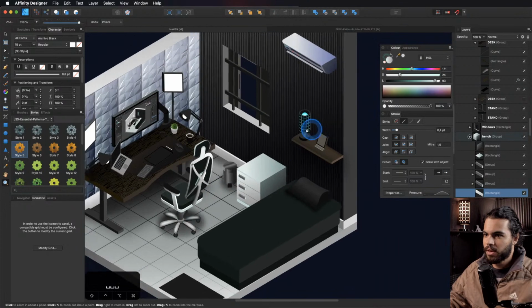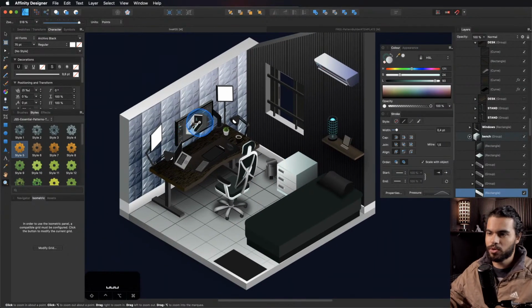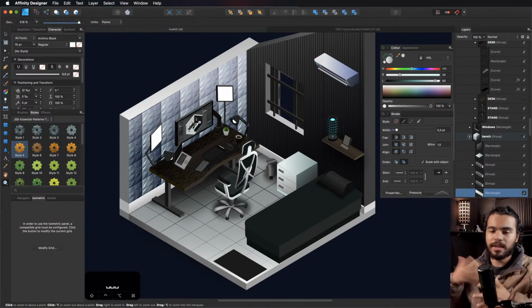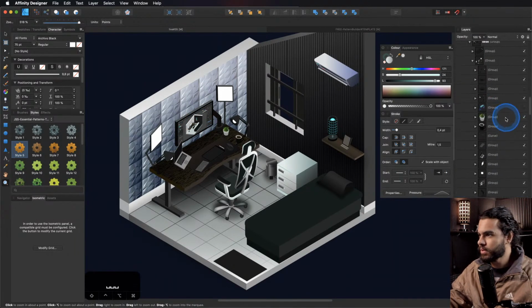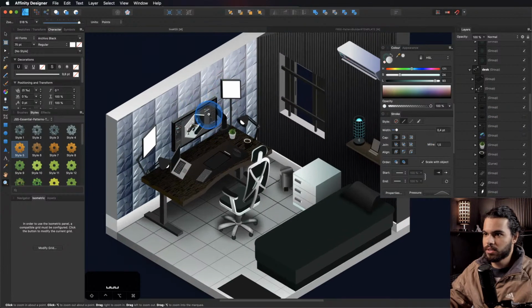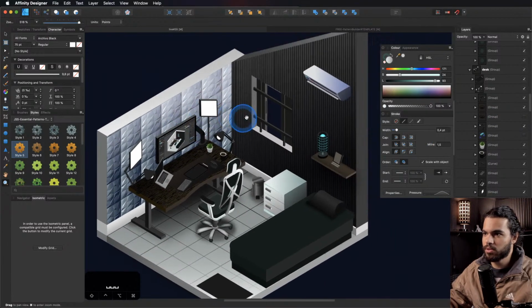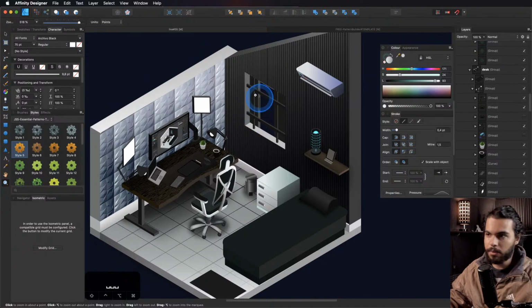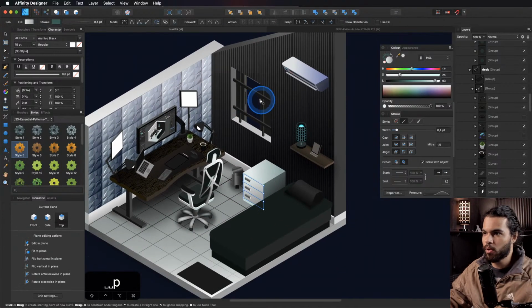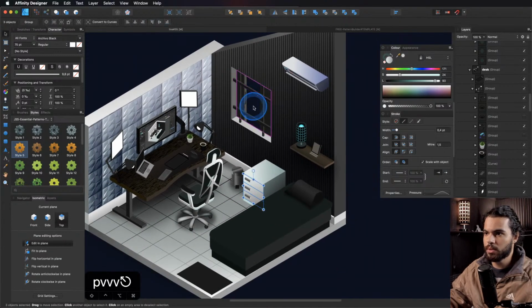Okay, and look, I'm going to show you right now. Let me show you how you can add some lights. Okay, and let's first start on here on the window. I'm going to create a shape above this window. Let me select the window,